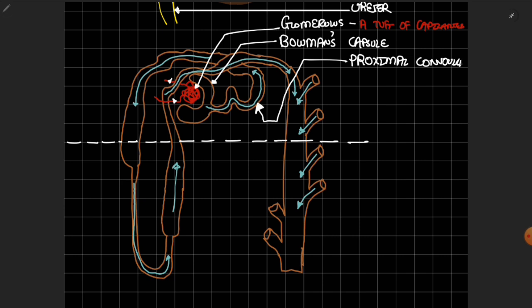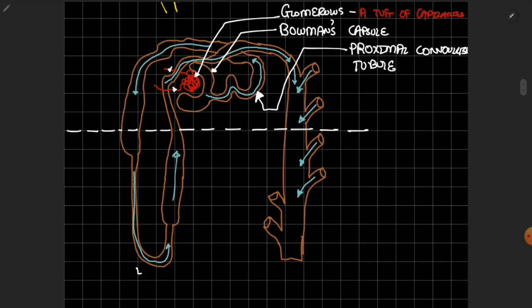convoluted tubule, okay. Now the structure which is like this, a loop kind of thing, so this is the loop of Henle. So basically let me just write it, it is the loop of Henle,